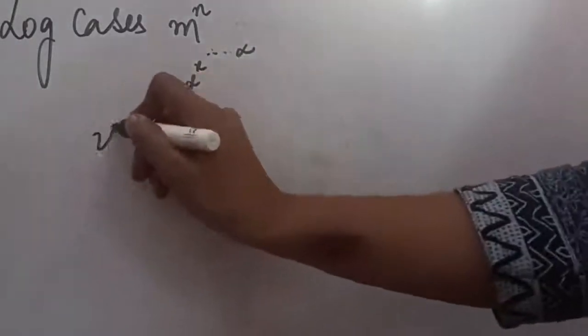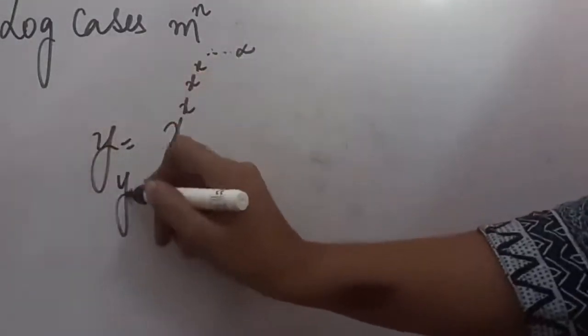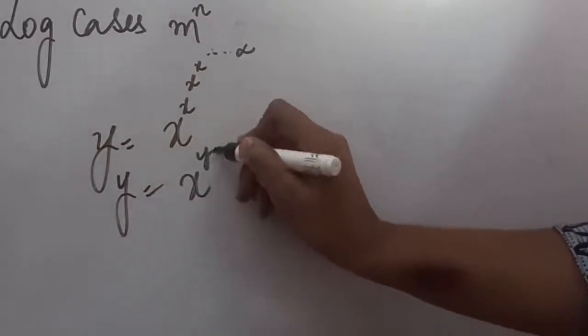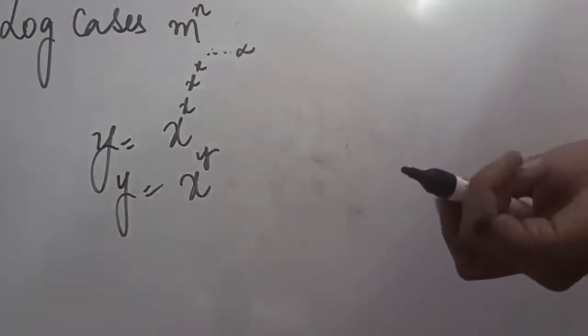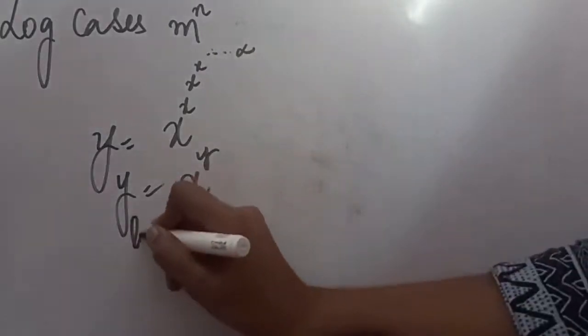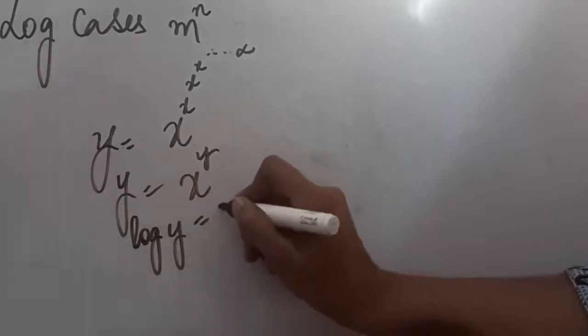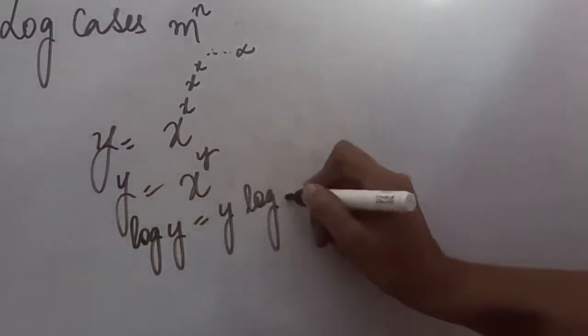Now we will see. We have seen that the same term has been repeated infinite times. So if this is equal to y, so we can say that x power y. So I hope you all understand this, because y is same, x power x power x power. So I have replaced that powers with y. So now the question is very simple. Now we can start with taking log on both the sides. So if we take log, it will be log y is equals to y log x.